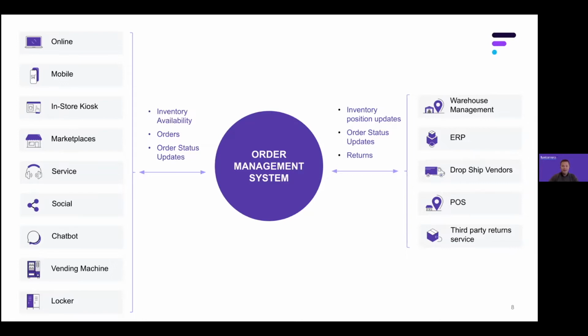And a headless model in particular is where you can get accelerated connectivity and more adaptability as more and more of these channels become available and turned online, or in some cases get turned offline, as we've seen in the last 18 months. You need the ability to be able to adapt quickly. So a headless architectural model for order management is really advantageous to help us with that kind of adaptability that's required. Now, when we think about inventory in particular,